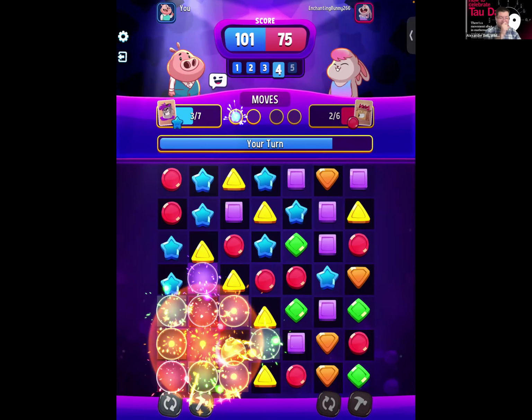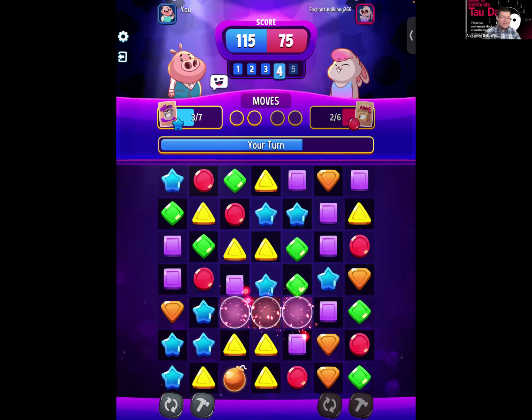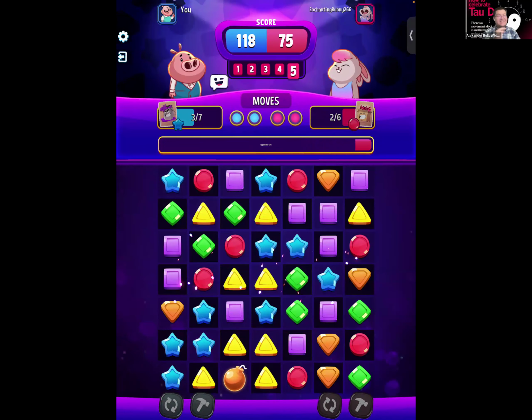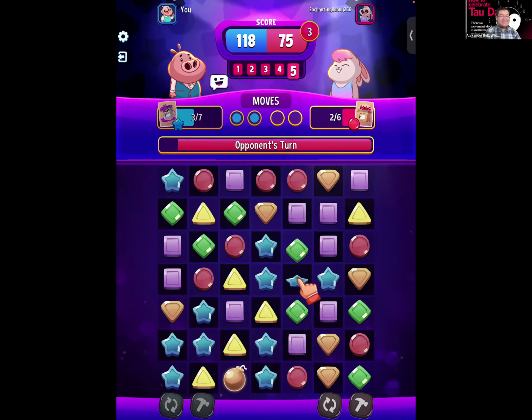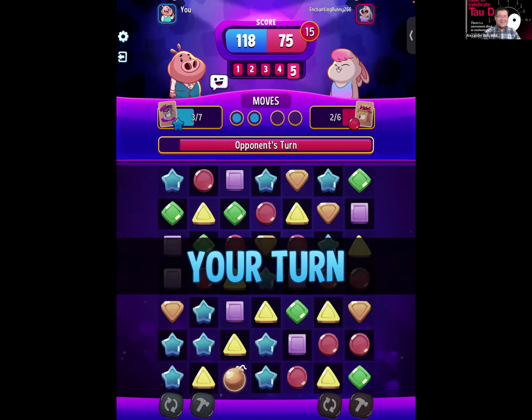So look, I can make a T shape right there. Again, it looks like we're winning. This is one of the second to last rounds. So I want to make sure that we have as many points as possible. Let me make this red right here. Final round. Opponent's so I kind of block them out of that, making that red right there. So let's see what they have to do with their last turn. They have to have more than 118 just to win. So I think we're good.